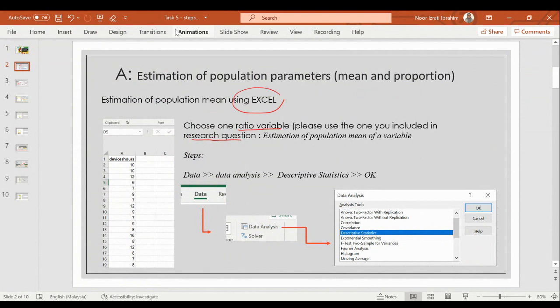To start to come up with the output from Excel, first you go to Data, then you go to Data Analysis. This will be the Analysis ToolPak. You choose Descriptive Statistics, then click OK. Once you do that,